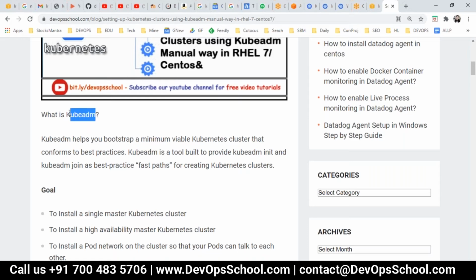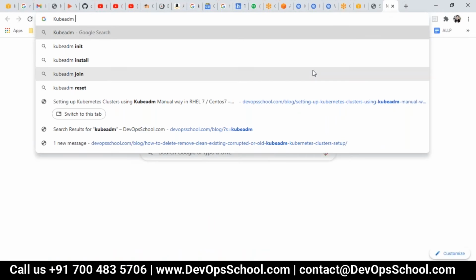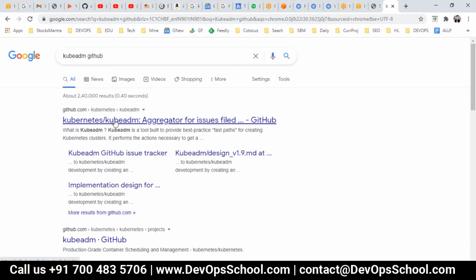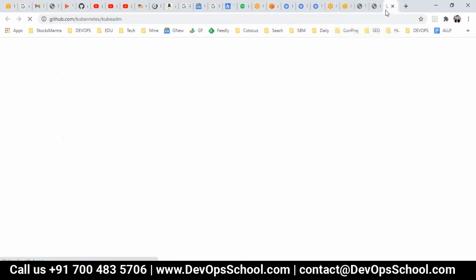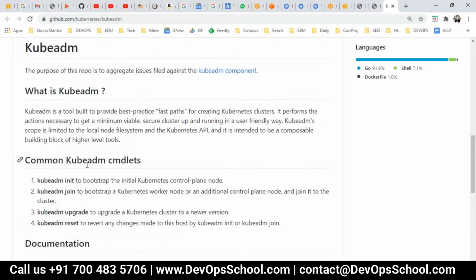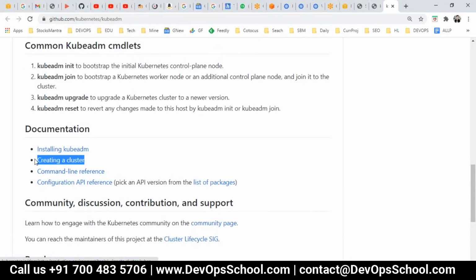But if you really want to learn more about Kubeadm, please spend some time on this page, because Kubeadm is also free software. Here you can find the entire documentation: what is Kubeadm, why Kubeadm, how to install Kubeadm, how to create a cluster, and what the command line references are. Everything you will get here, so you can learn more about it from here.